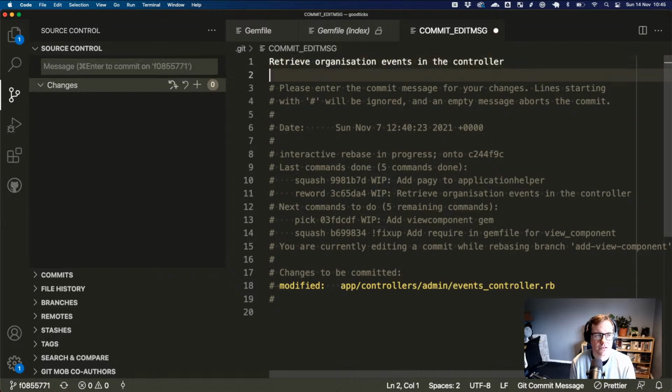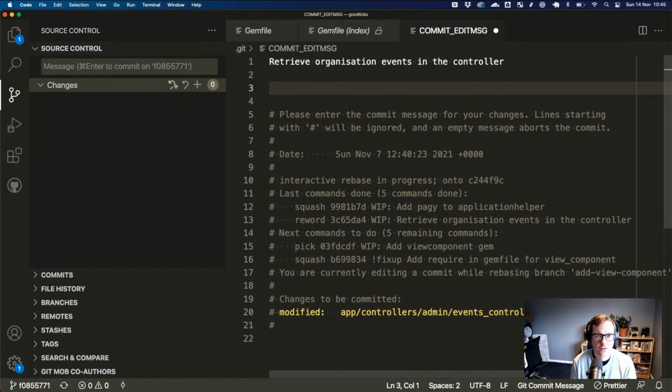Retrieve organization events in the controller. I can't actually remember what we did for this. I think we just did organization events.